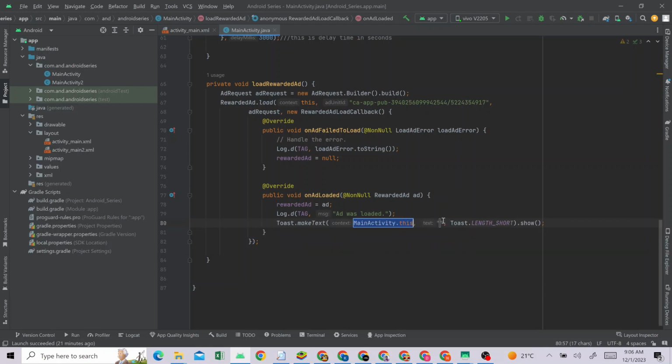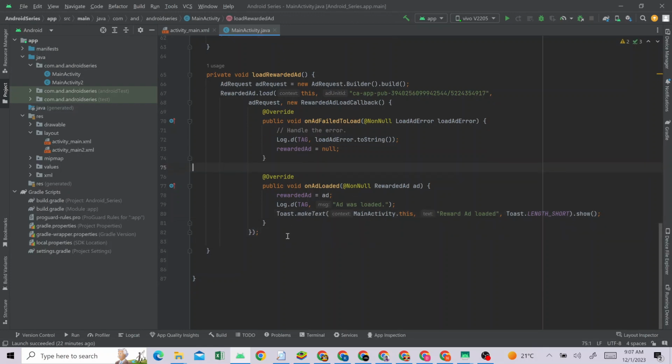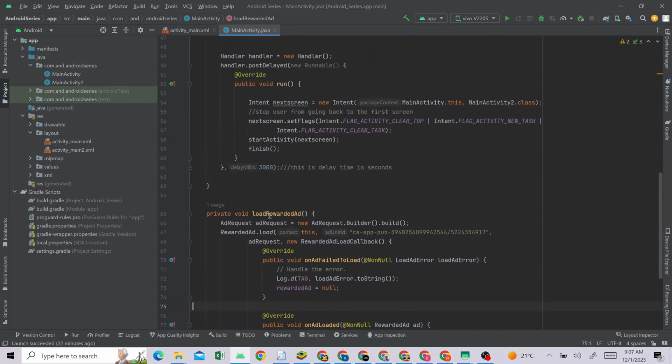When the ad loads, you will see it will show a message like reward ad loaded. Understand? Now we have to create another method for showing